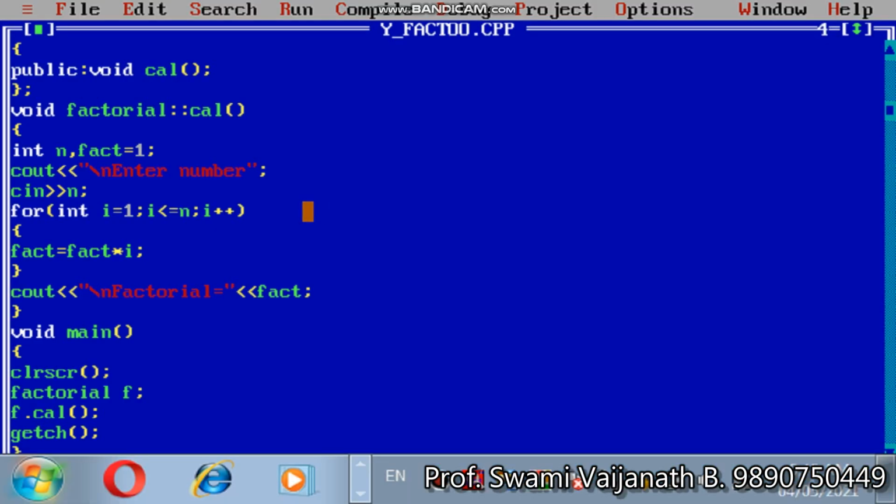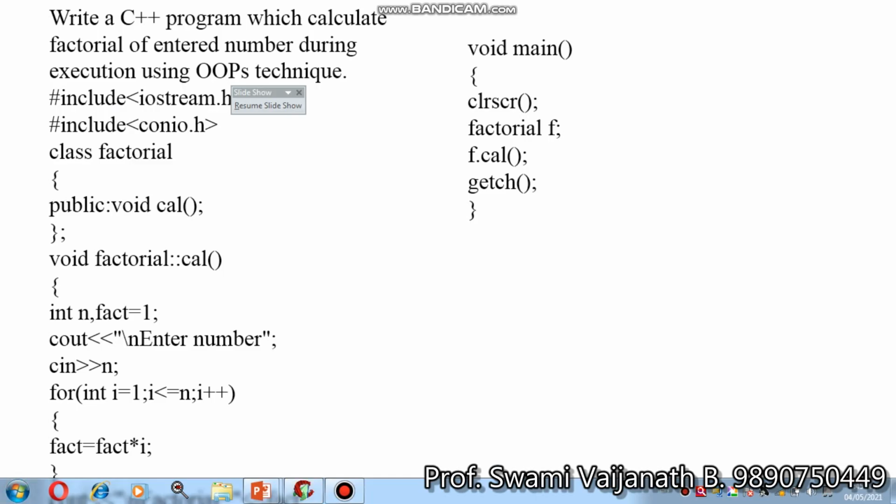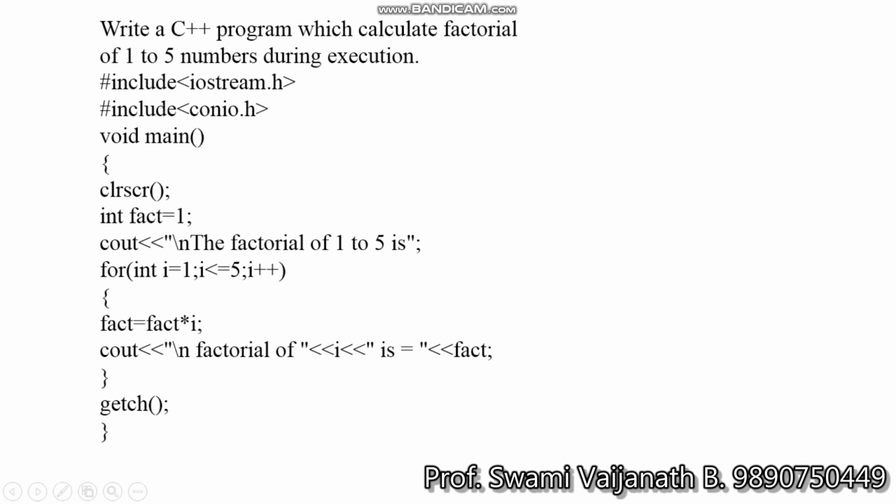Then after discussing factorial, we will discuss the same program in a different manner, that is, write a C++ program which calculates factorial of 1 to 5. That is, it asks for factorial of 1, factorial of 2, factorial of 3, factorial of 4, and factorial of 5.